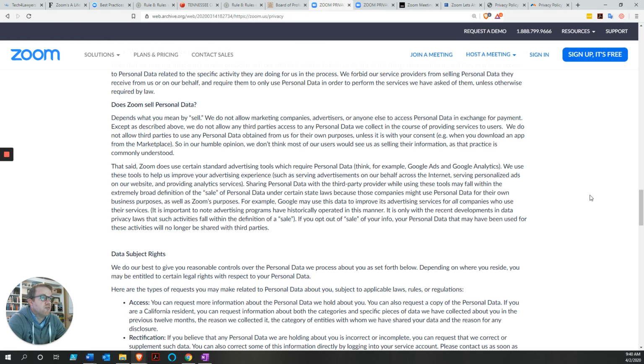So Zoom starts off with, do they sell this information? And frankly, for our purposes, I don't really care if they sell this information or not. I'm not worried about what their definition of sell is. I'm worried about whether or not they exchange this information with somebody. And so this is not really that important of a paragraph to me, other than the fact that if you read it completely, it starts to make you feel like Zoom is splitting hairs in their privacy policy.